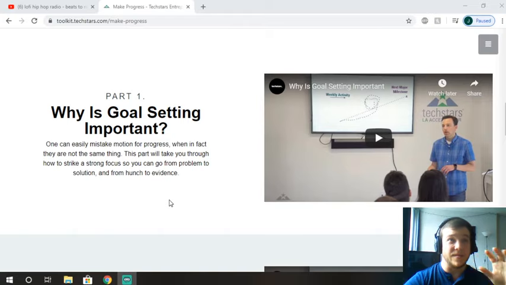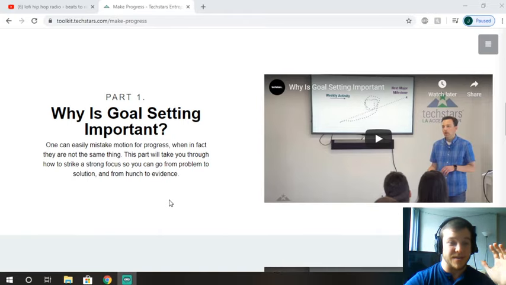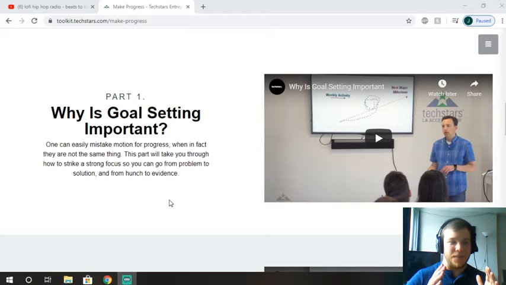I love the idea of making motion without progress, because it's something that I can fall into on occasion, where you end up doing a lot but not getting as much done as you may think you're doing. So some of these objectives are going to help break us out of that shell. So we'll go right in.